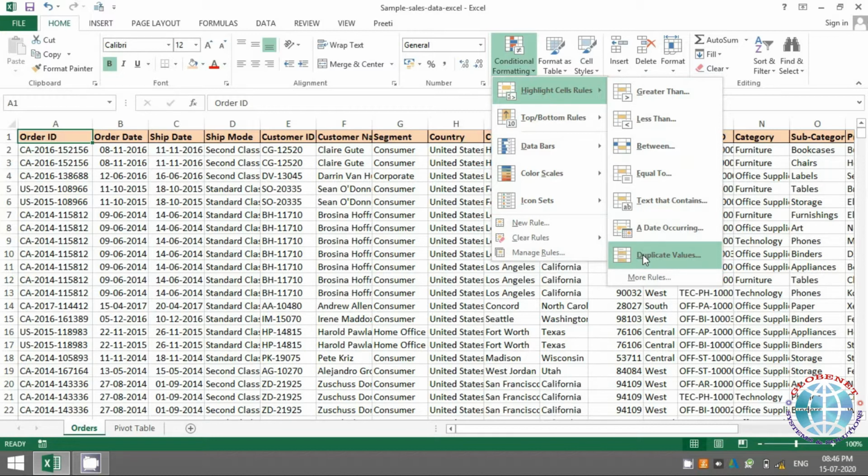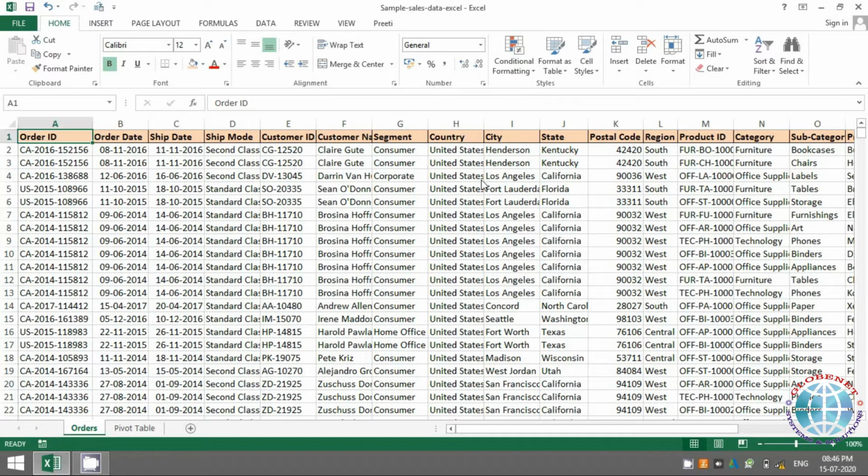So let's get started. I'll not show you each and every one of these because it's quite simple and it can be explored. What I'll show you is one example out of each set so that the concept is clear. So let's say amongst numbers, we'll take greater than. For that you need to have numeric data.